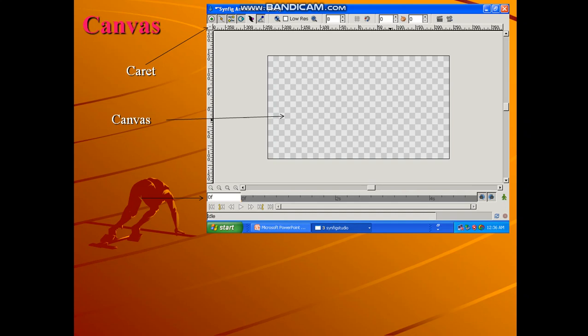This is known as timeline. When you start creating animation, it shows you several frames here. Here it shows 0f, then here 2s is given, 4s is given.